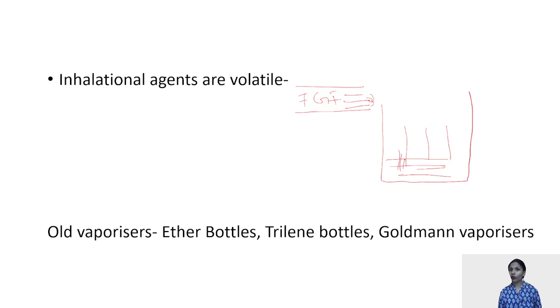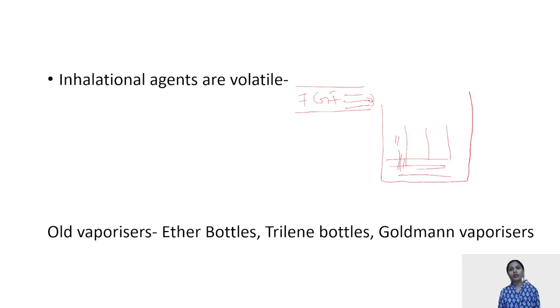The liquid, of course, liquids always have a tendency to change into vapor. That will change into vapor because of the latent heat of vaporization, which always leads to cooling of the vaporizer also. So one thing I want to emphasize here, when I told you that vaporizers are made up of copper, why are they made up of copper? Because copper has a very high specific heat and high latent heat of vaporization, and thus it helps to maintain the temperature of the vaporizer such that we have a steady supply of the vapors.